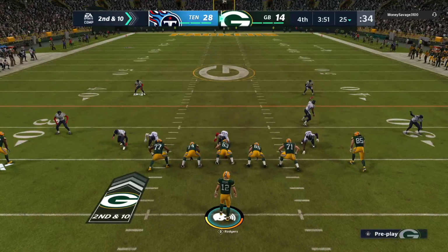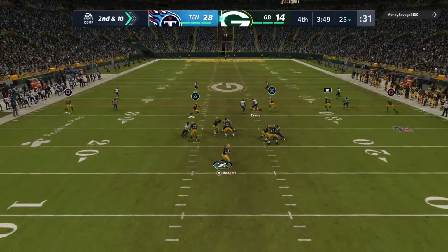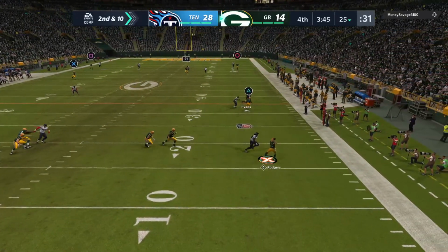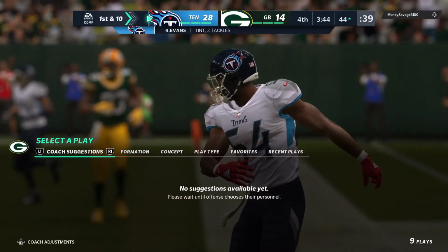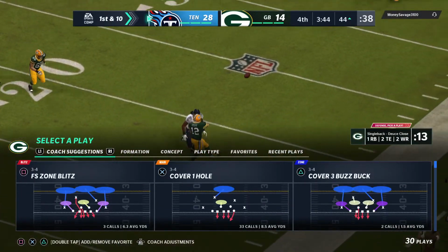An incomplete pass leads to 2nd and 10 from the 25. To throw again, Rodgers eluding the pressure right. And Rodgers intercepted a 3rd time. Picked off right around the 43. Well, I get what he was trying to do. He was moving to his right and trying to